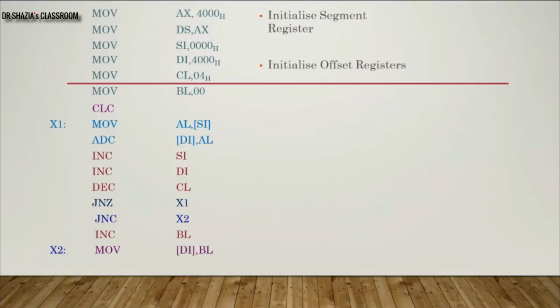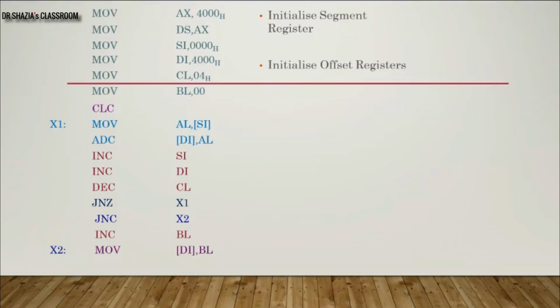basically we are using it for initializing the data segment register. Then my source index will be, as I have to generate a physical address of 40,000, SI I will take as 0000 and a destination address of 44,000. So DI will be taken as 4,000. Next, I have to perform this addition as I have shown in the previous slide, byte by byte. And how many times I have to repeat it? I have to repeat it 4 times as the numbers are 4-byte data. So I have taken a counter with a value 04.